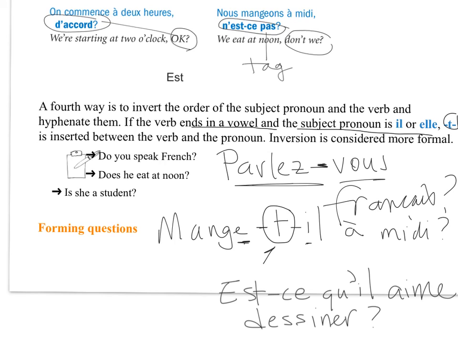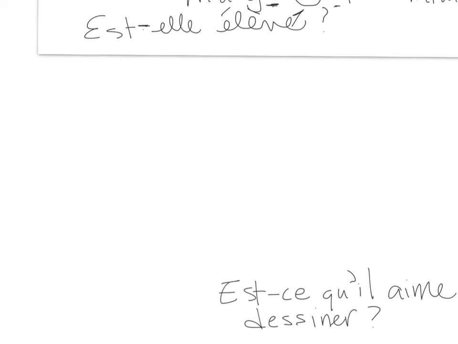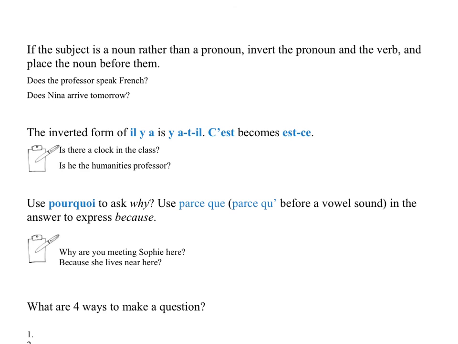Last example. Is she a student? So this is the verb to be, right? Est-elle? So elle is inverted. You put the verb first and then you put the pronoun. Est-elle élève? Question mark. Est-elle élève would be the way you would make a question in this case. Okay? I'm going to stop right now for these questions. There's more to do, but